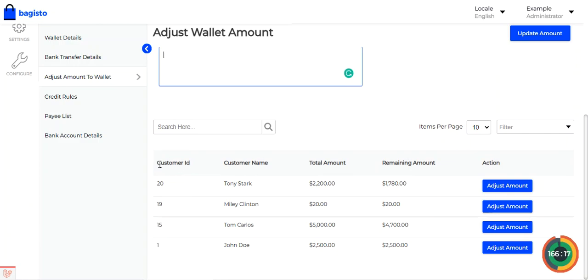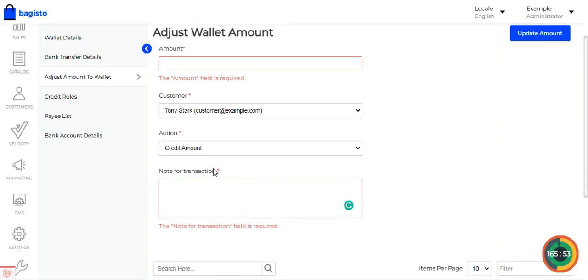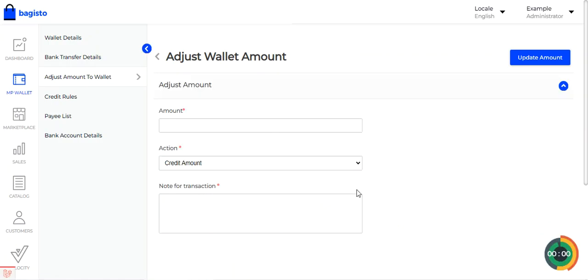Apart from that, the admin can see a particular customer list from where he will be able to credit the amount or debit the amount for each of the customers by tapping on the adjust amount button. So for example, here we are having Tony Stark. So if I want to adjust the amount for this particular customer, I can tap here on the adjust amount button, right? We have already selected Tony Stark here. If I tap here on the adjust amount button, you can see that now I can adjust the amount. For example, 100. I want to credit